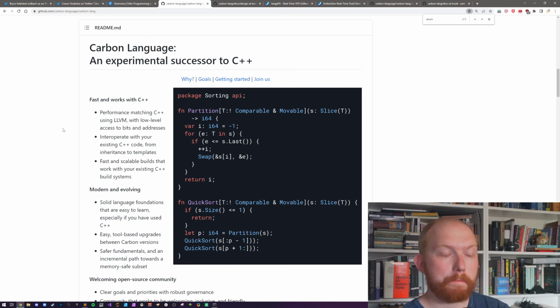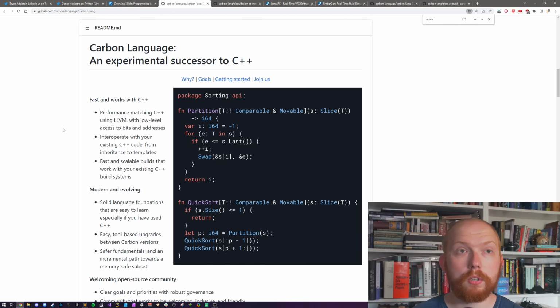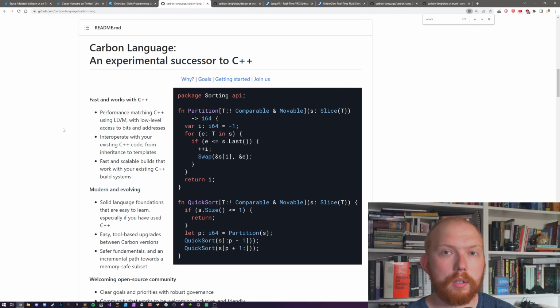So to go back to the Carbon language itself, what are my first impressions of this language? Well, I downloaded this, by the way. I'm not going to show it now because it will mess up on the stream and get even worse. But I tried to do the hello world in it. It took a minute to compile and run the hello world program. This is orders of magnitude worse than C++. Actually, two orders of magnitude worse than C++.